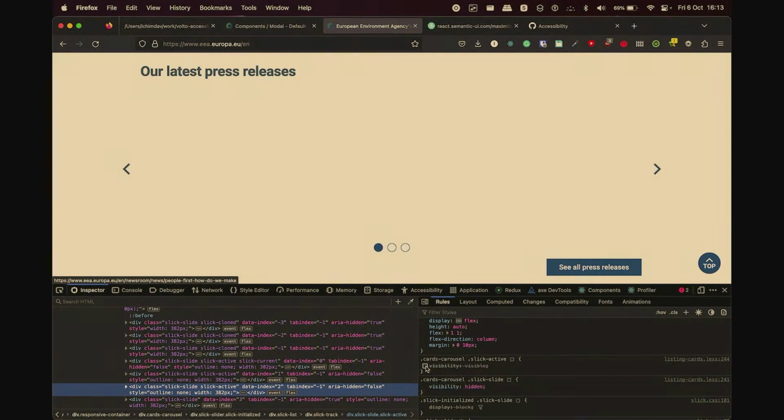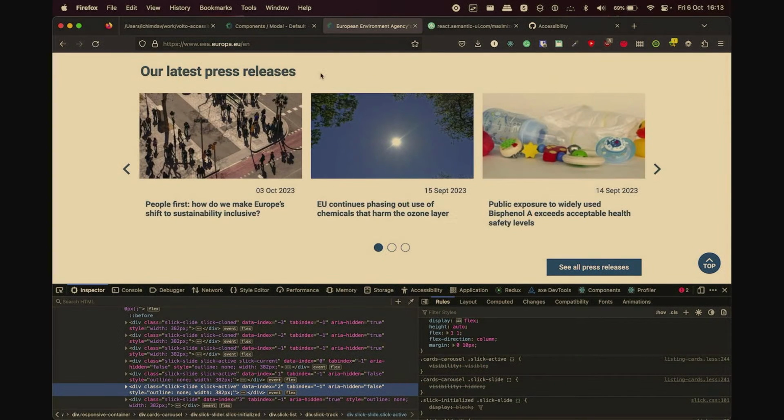But look what happens if I remove the visibility CSS rule. I press 3 times, and all of those slides are actually hidden, and I finally arrive at one that is actually active and should have been